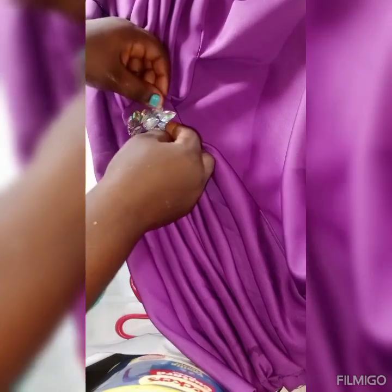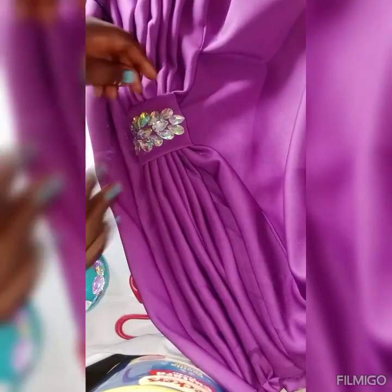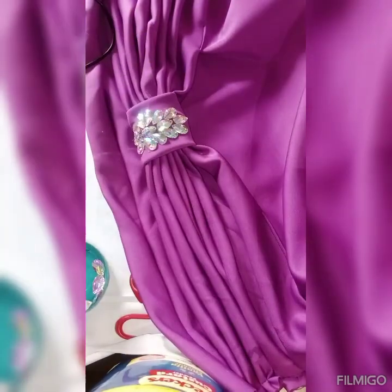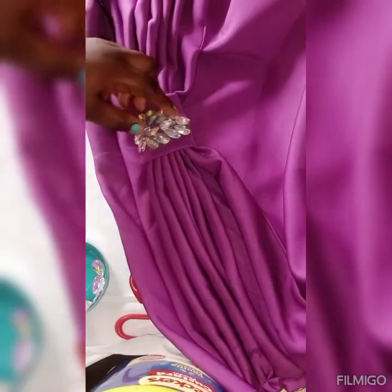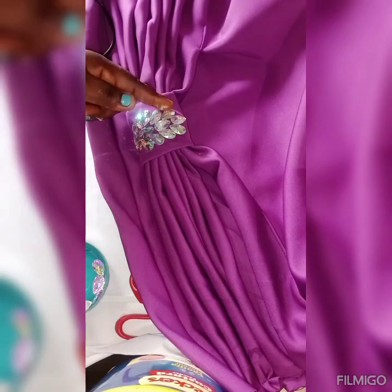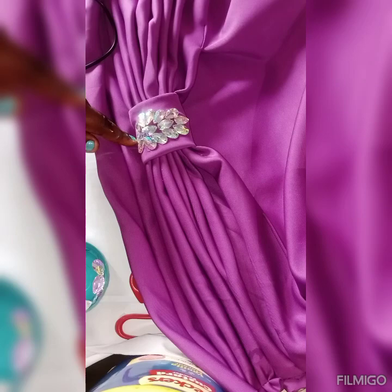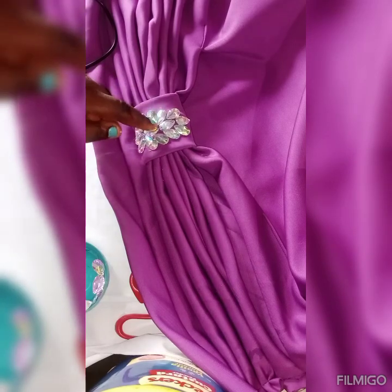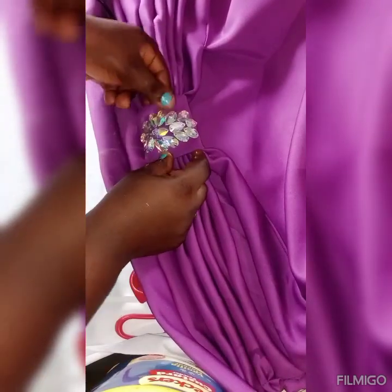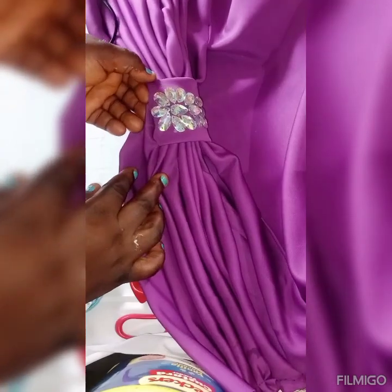You can observe that I followed a particular pattern. Okay, and how did I achieve this? I started from the middle. I placed some stones at the middle, and then I started by attaching other ones by the side, with the pointed part facing inwards. That is the way you are going to arrange it in order to achieve this shape. As you can see,